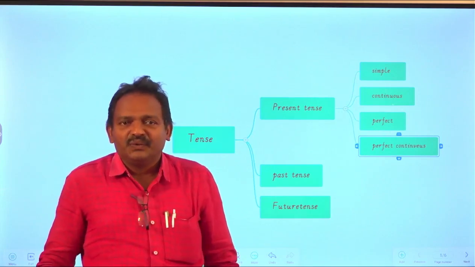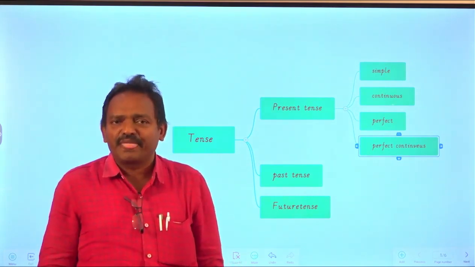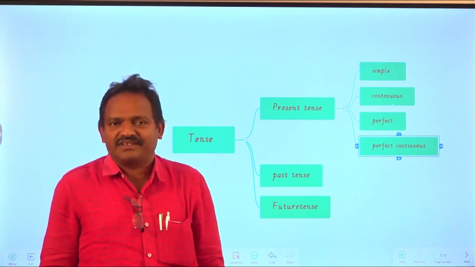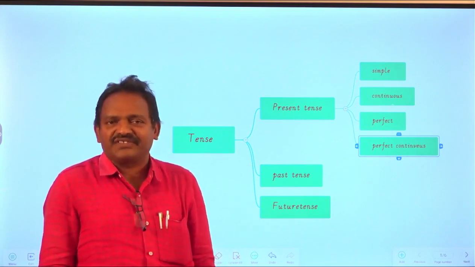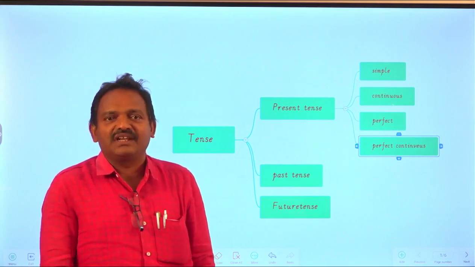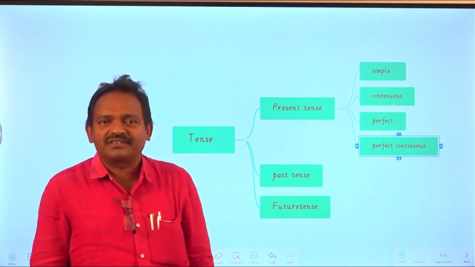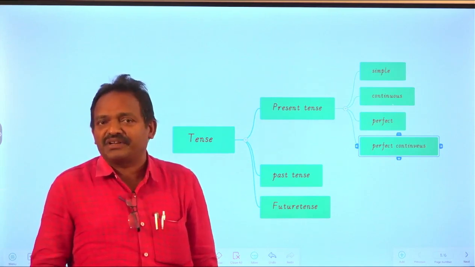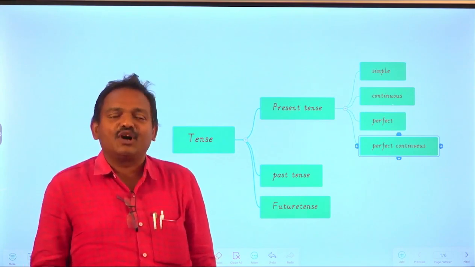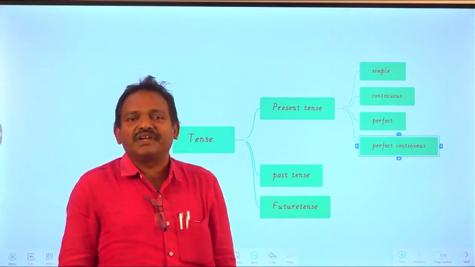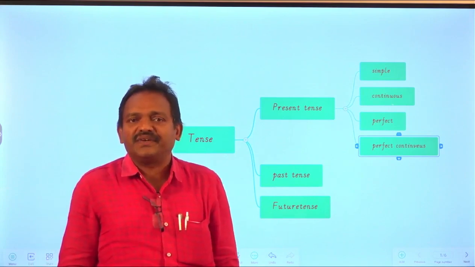However, we have so many parts in our body. We have two hands, we have two legs, we have a heart also. So many parts are there. Every part is important. But among all, you see, once again, without hands also we can live in the society. Without legs also we can live in the society. But without a heart, we can't live in the society. That is how very important the heart is to our life. Likewise, the topic tense is very important in the garden of grammar. Yes, that's why I chose tenses. First we go for tense.